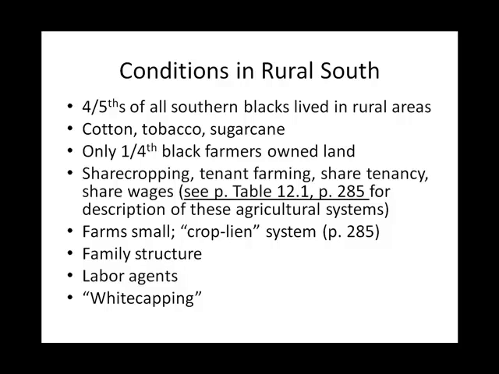Most rural black families, however, were two-parent households, but they were likely to include older relatives, or what we could call collateral kin: siblings, nieces, nephews, cousins. But rural black families did have some degree of mobility within this agricultural system. White labor agents recruited farm workers for planters throughout the South. Other blacks moved because of white capping, or the practice of forcing black landowners off their land with threats of violence or the use of intimidation.